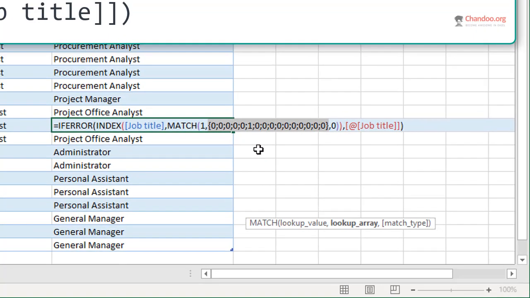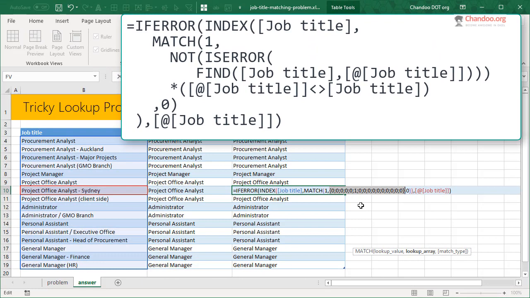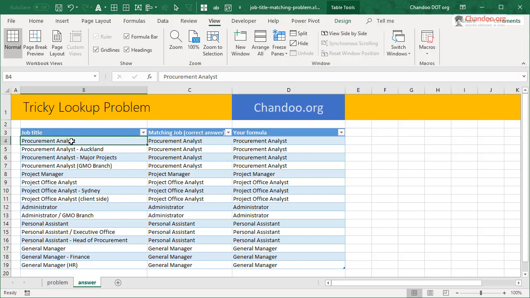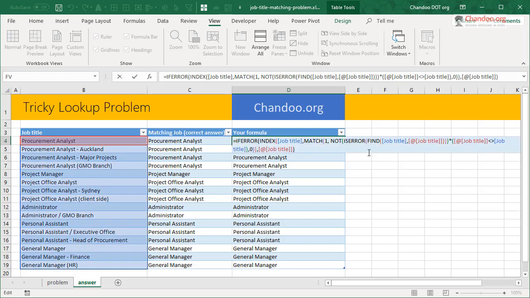So this is a very roundabout way of going where we want, but those of you who have done some work with array formulas or SUMPRODUCT or one of those things, you will find that this is fairly natural. And then once this is there, we are matching that and then returning. But what if it cannot be found, in which case there will be an error? That's where the IFERROR formula comes in. There will be an error when the job title is the one that we are looking for, like procurement analyst. That's the job that we want, but because we had this not equal to thingy, this entire match will be